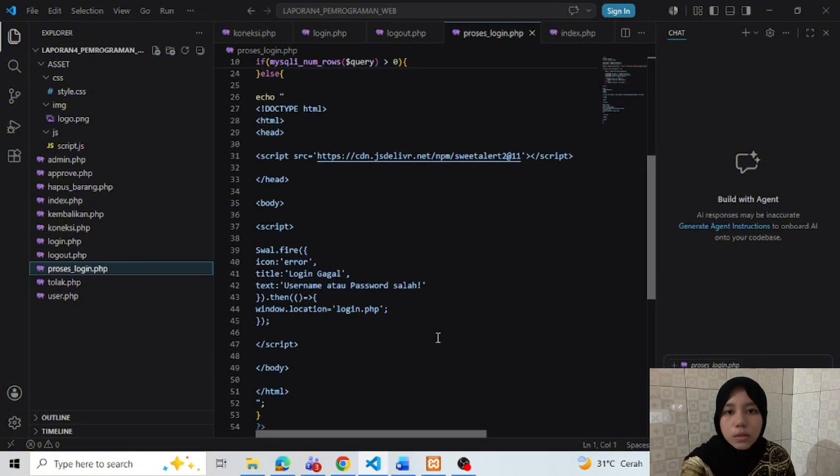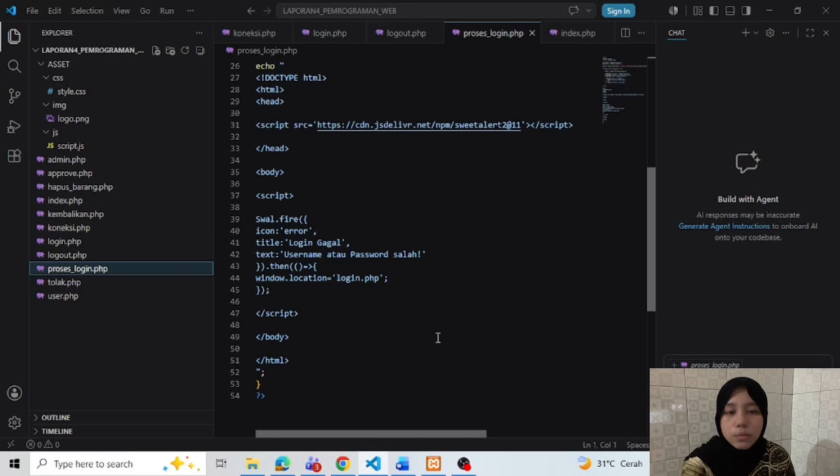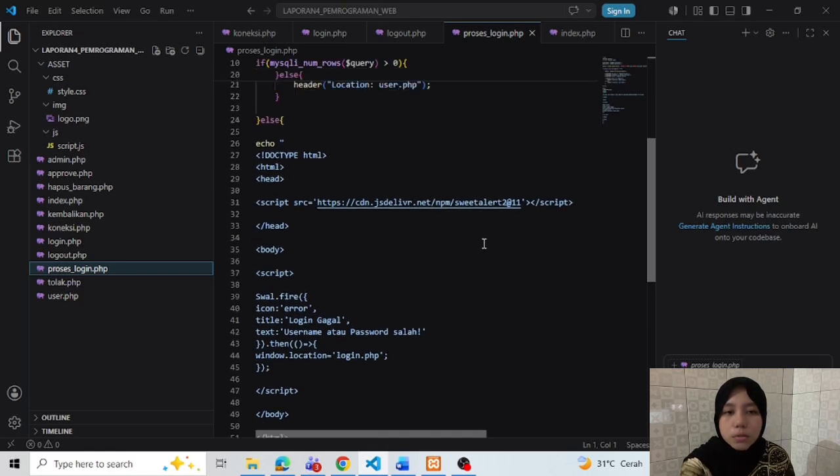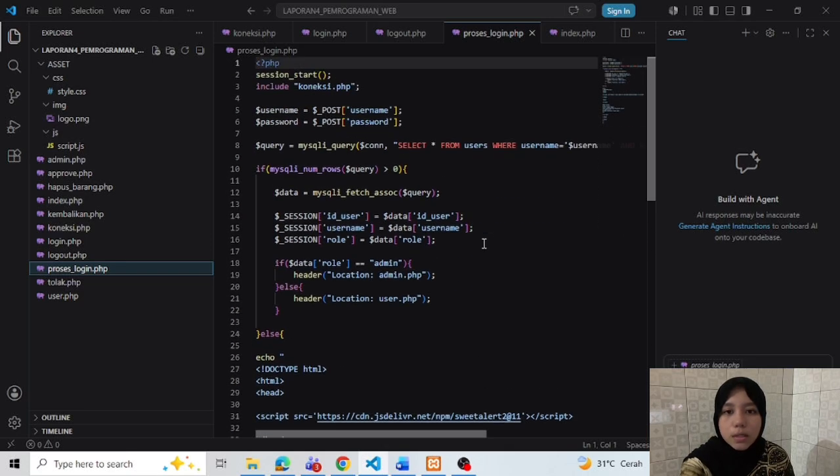Administrators are redirected to the admin dashboard, while regular users are directed to the user dashboard. If the login credentials are incorrect, the system displays an error message and asks the user to try again.